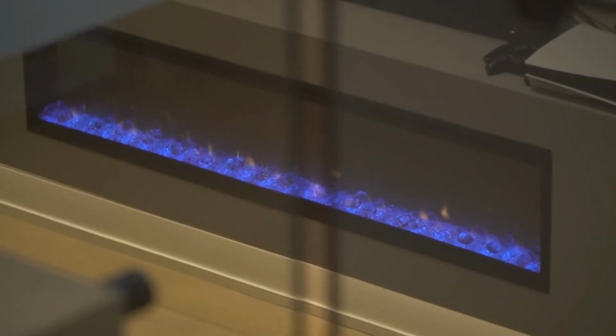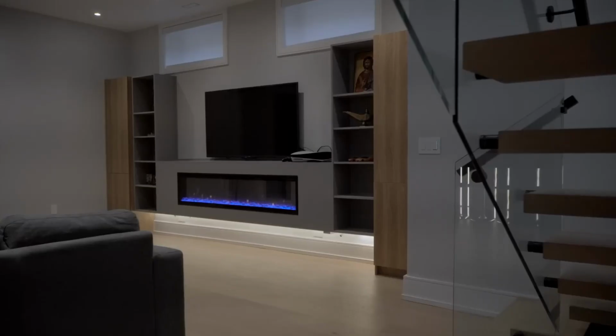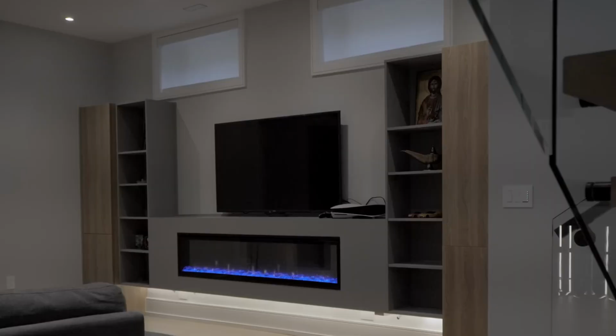In the walkout basement, you can see we've taken advantage of every opportunity to bring natural light into the space, including the digging of window wells on the exterior,